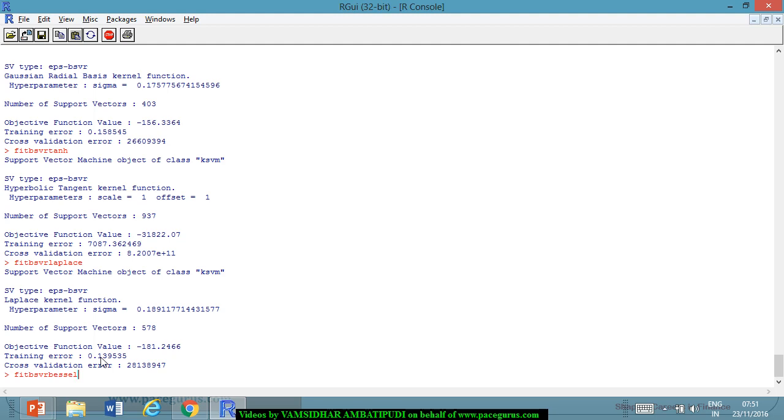And even when I am going with the Bessel, the same thing. It's also on similar lines. 26 million is the training error. Cross validation error and training error is to the extent of 0.16. And even when I am going with the ANOVA, I am getting a much bigger result. So probably again it's a choice between Bessel, Laplace and radial. So what we can very well do is we can do the prediction, Pred BSVR linear, where